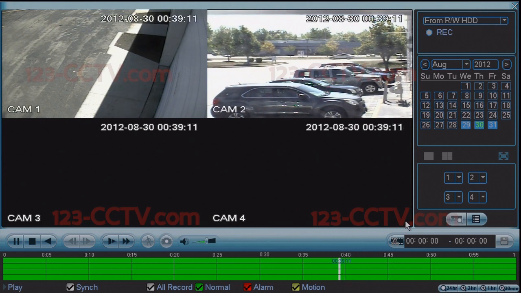I want to start a little bit before he gets out of his car, so I'm going to pause the video, bring it back to 39:02, select the clipper icon, change the time to 39:03,